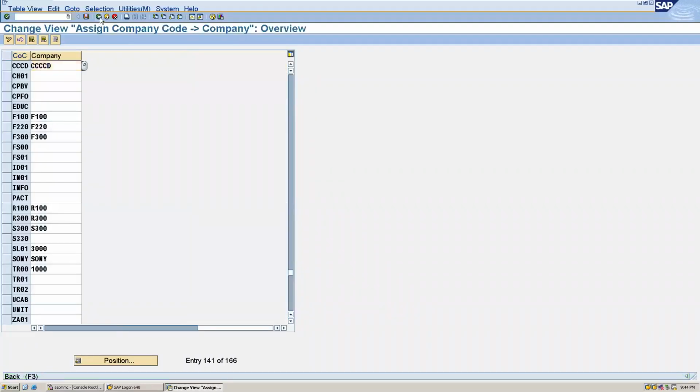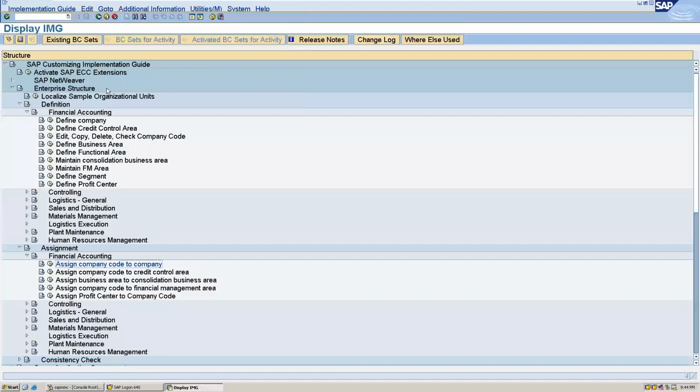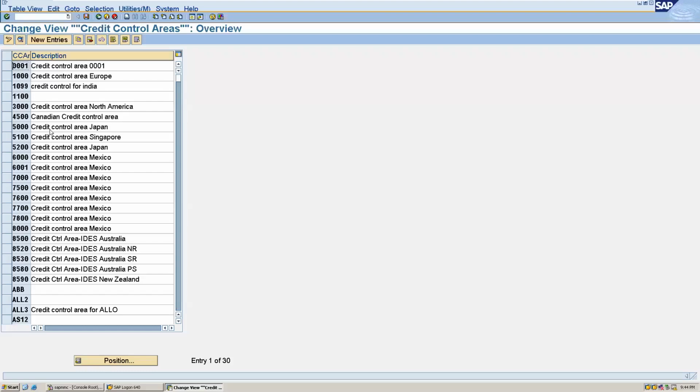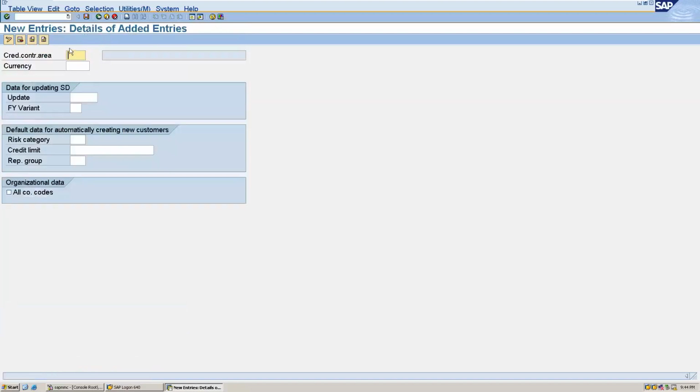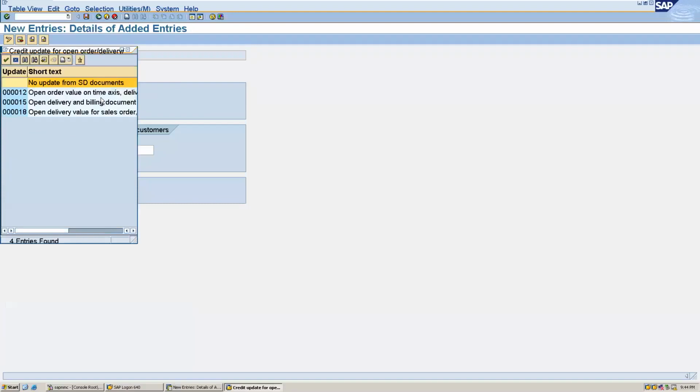Okay, then again go back, and now we can define the credit control area. So with the help of credit control area, we can limit the customer credit. Okay, for that we can go to new entries, and you can give your credit control area. I'm defining the same company code, and the currency will be INR, and in the update we can select the standard one,